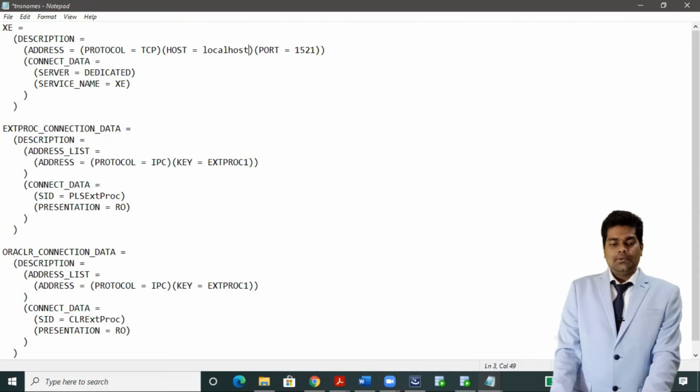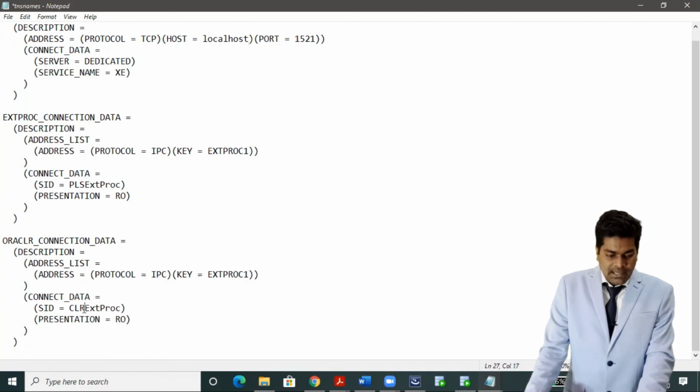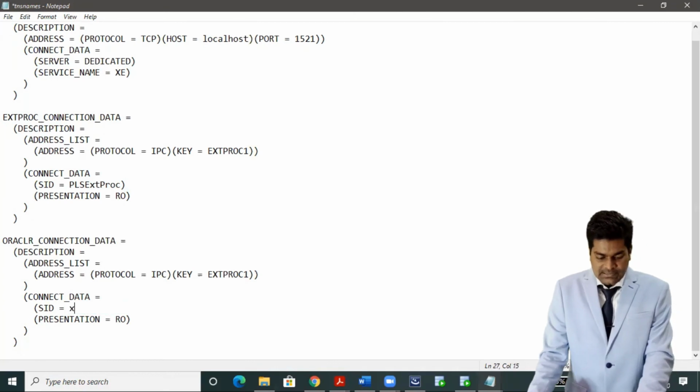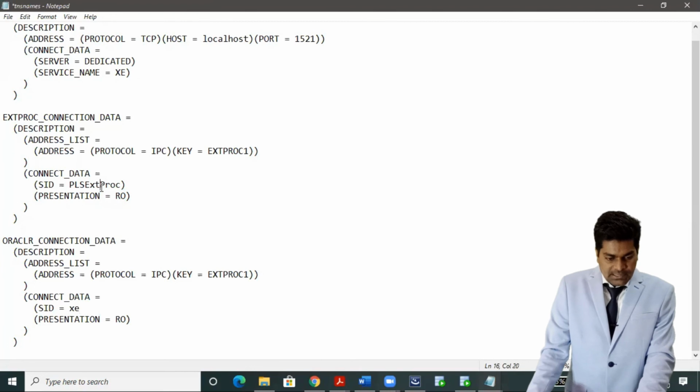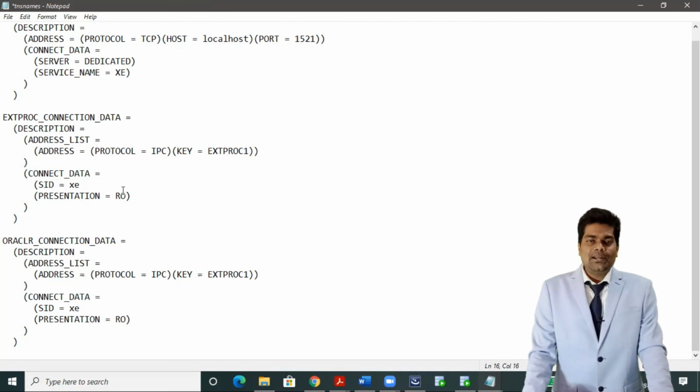Host means the system where we have installed the database or any software. And here again SID equal to XE. These listener and TNS files are very important files in the database. In organizations only the DBA team has access to all these files.